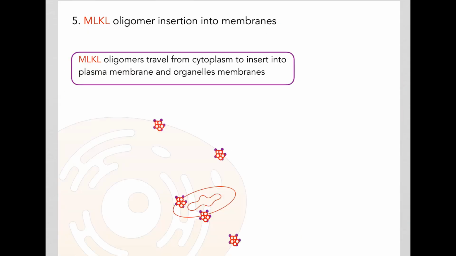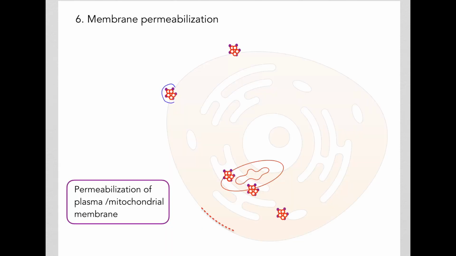These oligomers will travel from the cytoplasm towards the plasma membrane as well as towards membranes of other organelles. So we see the MLKL oligomer gets embedded into the plasma membrane as well as into the membranes of other organelles such as the mitochondria. This embedding of the MLKL oligomers makes the plasma membrane more permeable. This is also true for other organelle membranes, but the important thing to note here is the plasma membrane, because of these proteins in the plasma membrane,